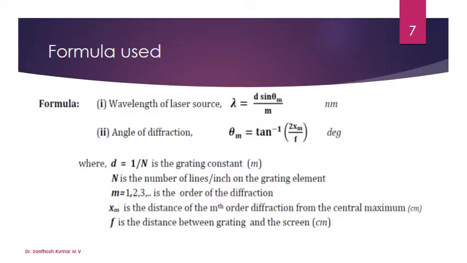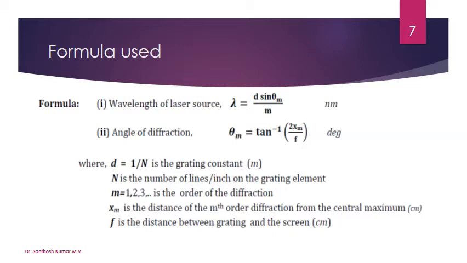The formula used for this experiment, to determine the wavelength of the laser source, is lambda equals d sin theta m divided by m, where m is the order of diffraction and theta is the angle of diffraction. The angle of diffraction can be calculated by the relation theta m equals tan inverse of xm by f, in degrees, where d